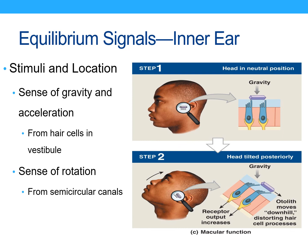So remember, the vestibule is where the 3 canals come together. So you can see here in step 1, his head is in this neutral position, and you've got these otoliths. Otoliths are like little stones that are within the vestibule. And so those otoliths are sitting on top of hair cells. And these hair cells are